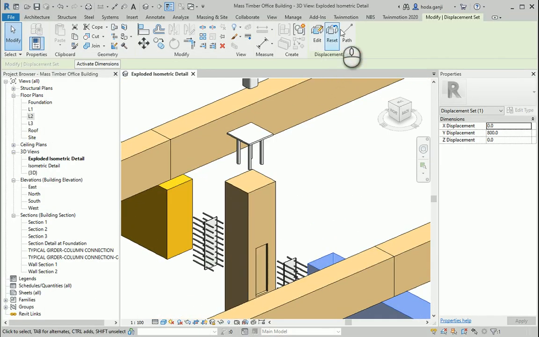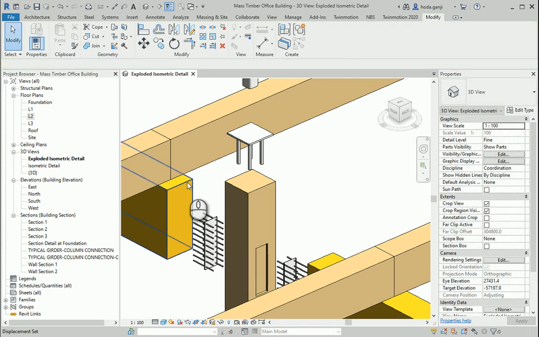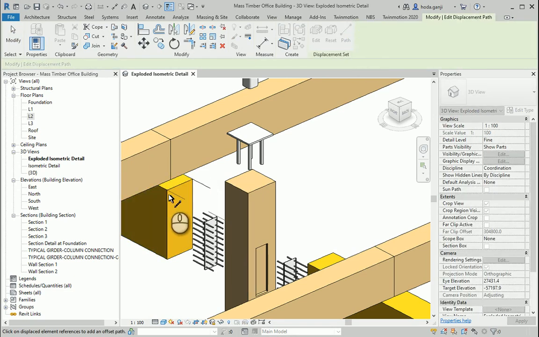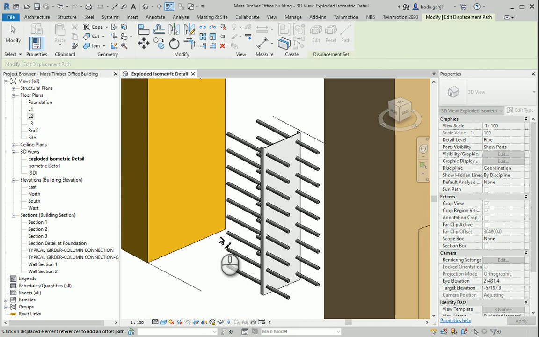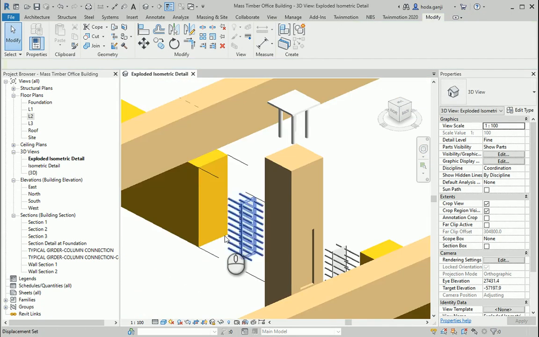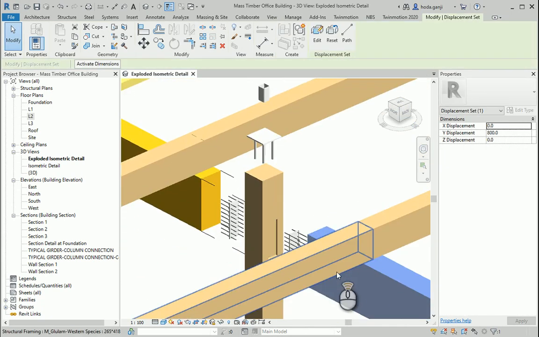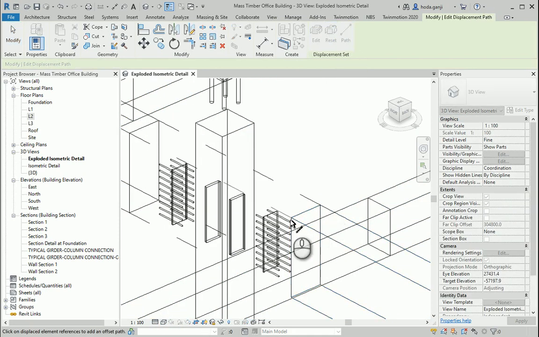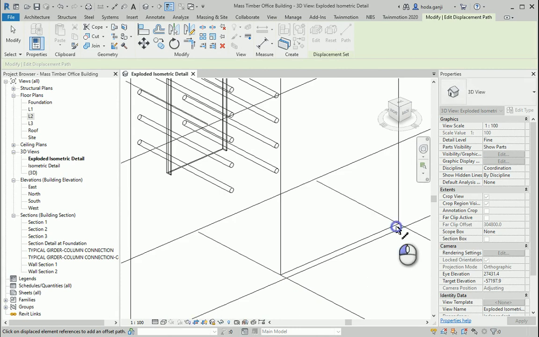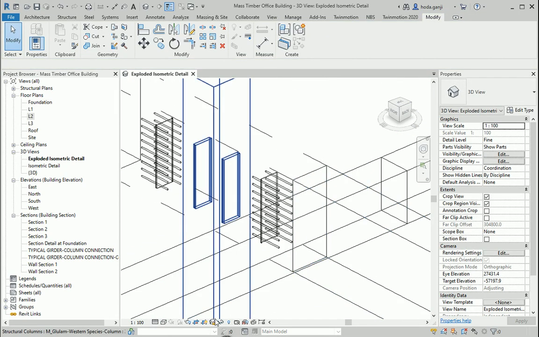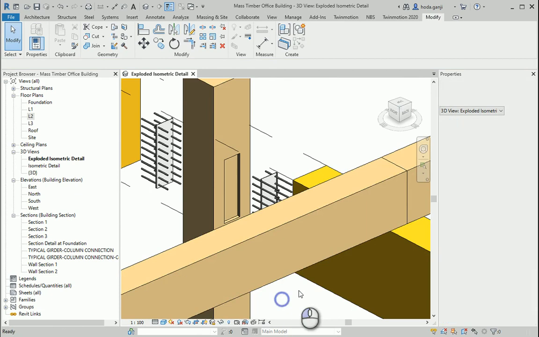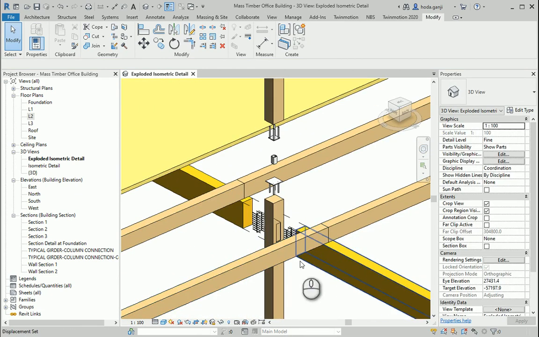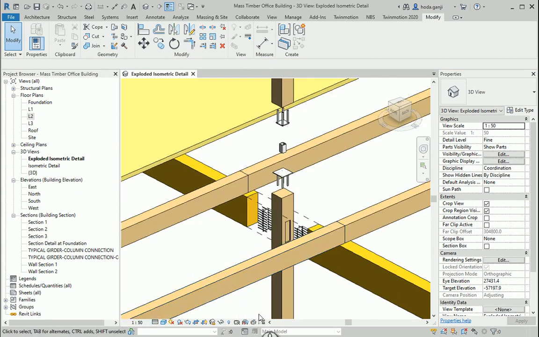So I can go with path. It should be easier to start with this one. Path, that corner, that corner, that one, and that one. Okay, also I can select this one. How about I change this to wireframe for a second? Path, over there, over there, over there, and over there. Shaded. Okay, so that's for the beam. You can also change the scale if it helps. We can try it. 1 to 50. Maybe it's a little bit better, yeah.